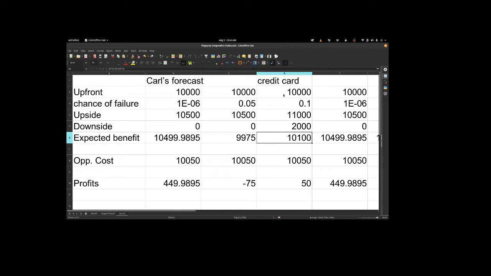And that's why your car loan interest rate is lower than you get on your credit card. Even better than that would be if this was money for a mortgage, we might have an even lower chance of default, and the upside, or rather the downside, if you do foreclose,